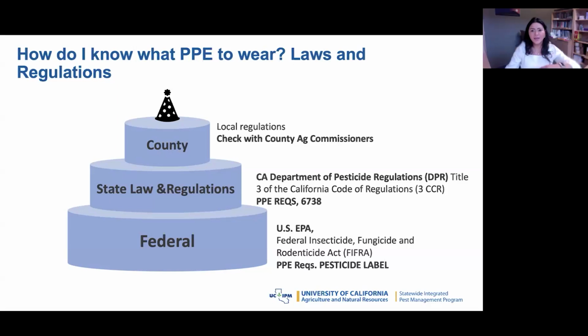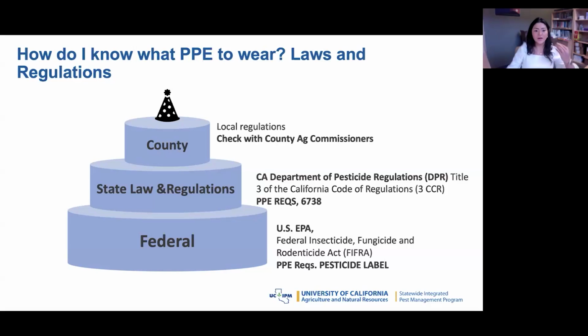And so these are the main three layers of how regulations work at the federal regulatory, federal, state, and county level. And this is something to keep in mind, right? So for a person that works at a place where pesticides are applied, or if that person is required to use pesticides, they are going to be following this